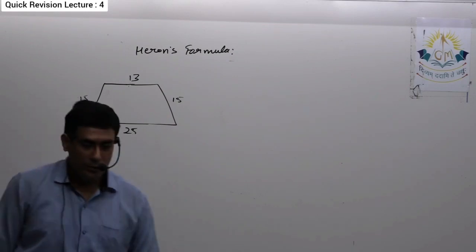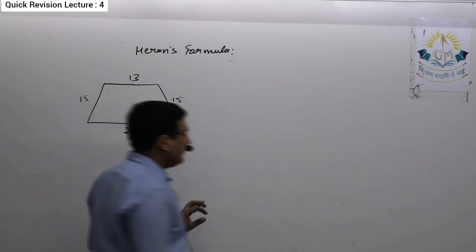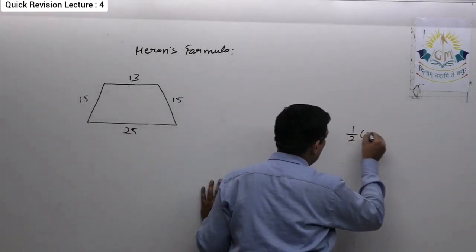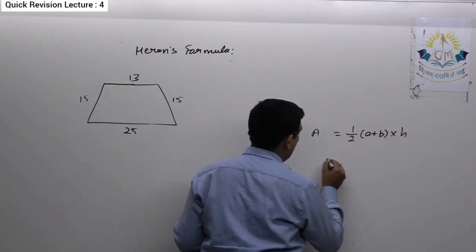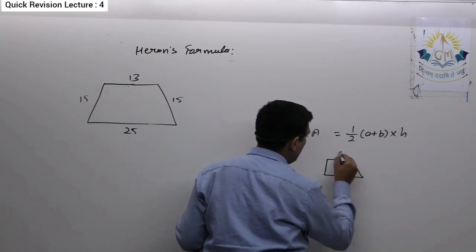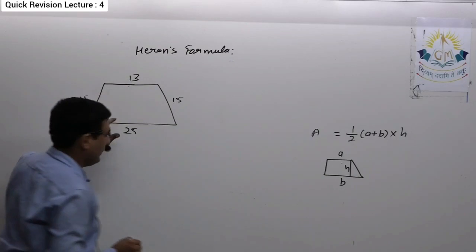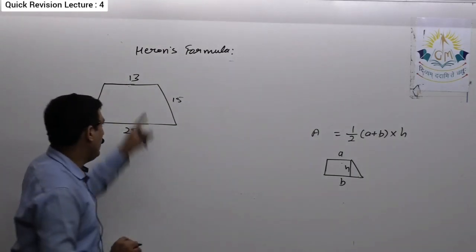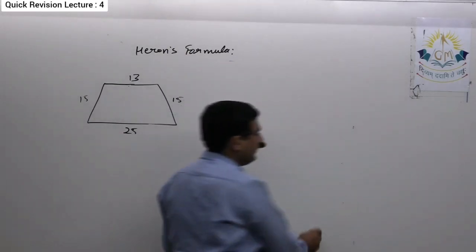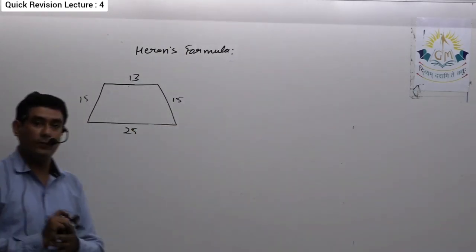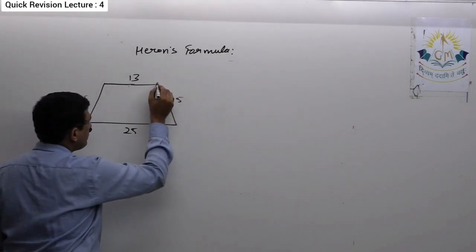Now first of all, to get the area of trapezium, what you need is its formula, which is 1 upon 2 (a plus b) into h. Sum of parallel sides, distance between parallel sides. So here for the sum of parallel sides we have 13 and 25, so we can add them. What we do not have is the distance between these two parallel sides. So let us see how to find it. Now over here we need Heron's formula. For that, first of all we have to make some constructions.